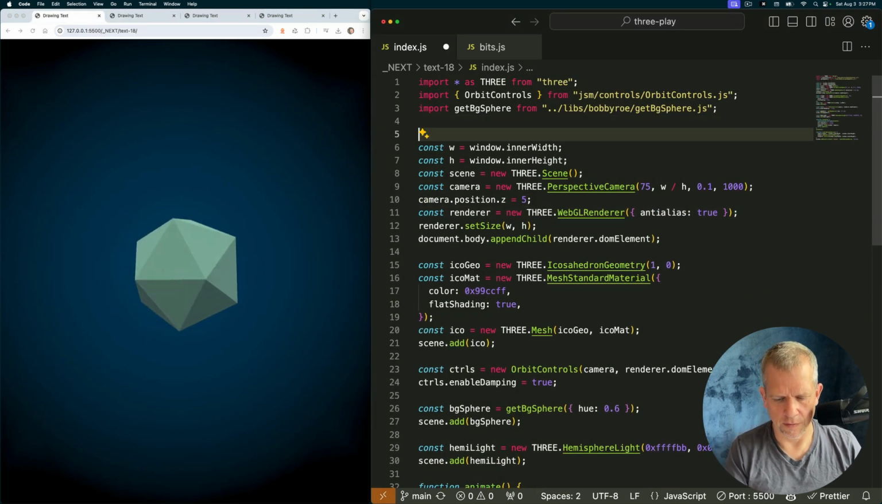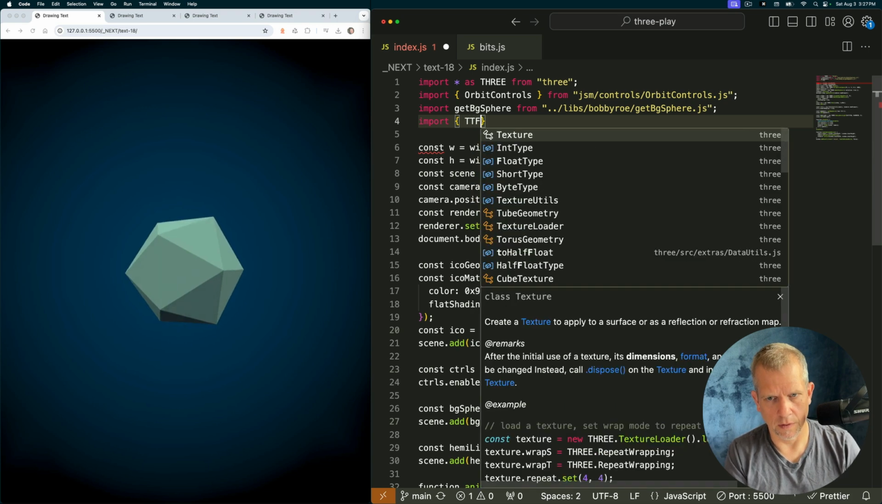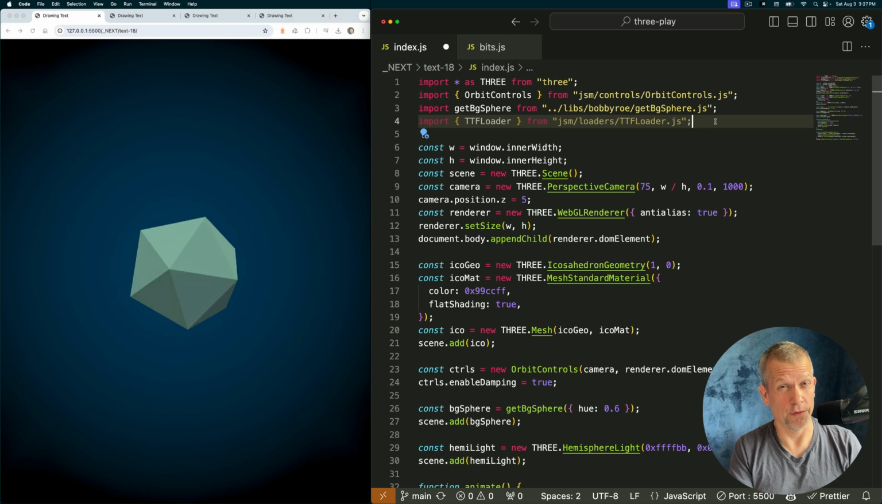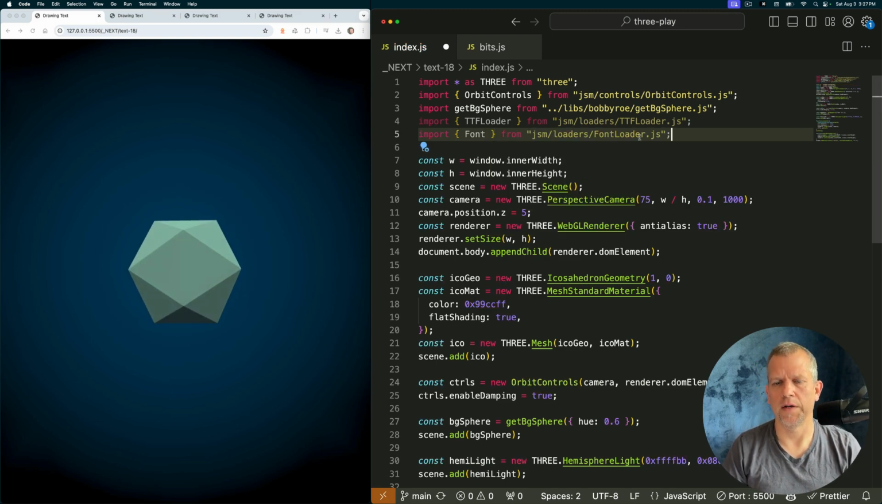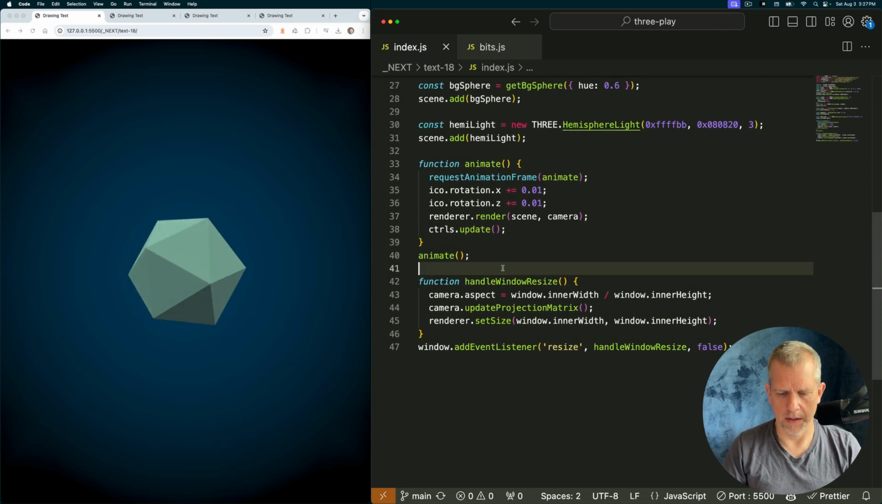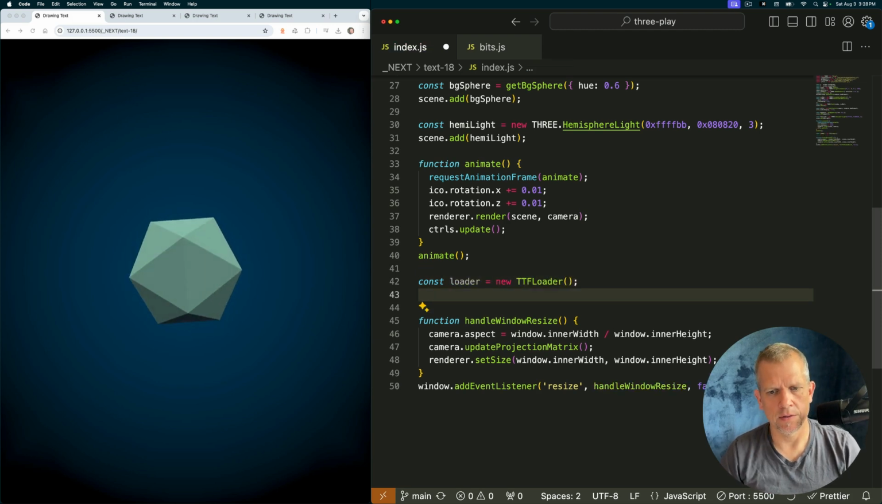To load a font, we need a font loader. Import TTF loader. The font is in TTF format. TTF stands for TrueType Font. Let's also import Font, and that's from a font loader. Great. Imports are there. Let's go ahead and import those down here. Const loader is equal to a new TTFLoader, and loader.load